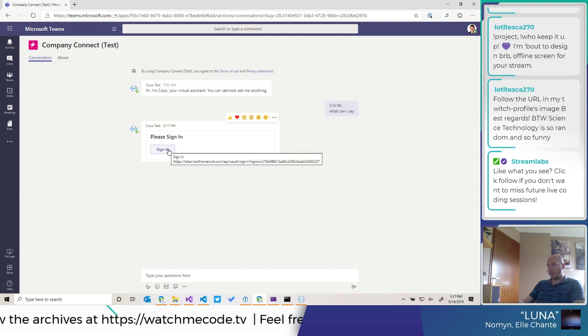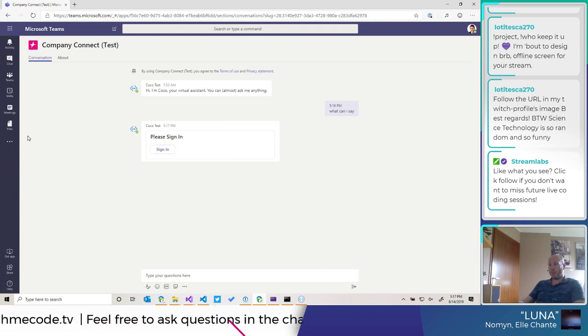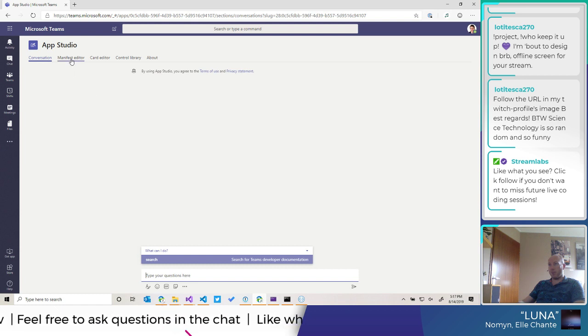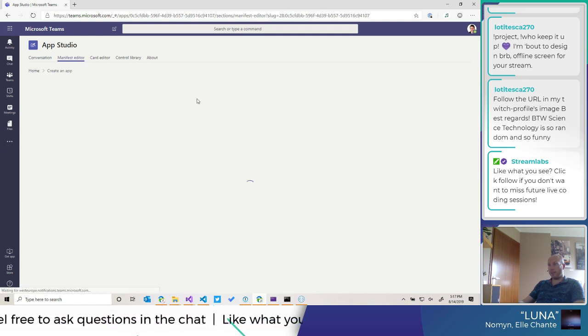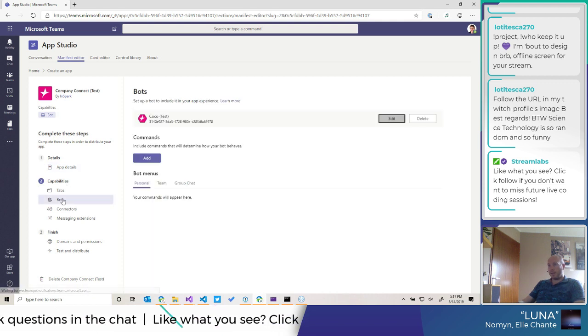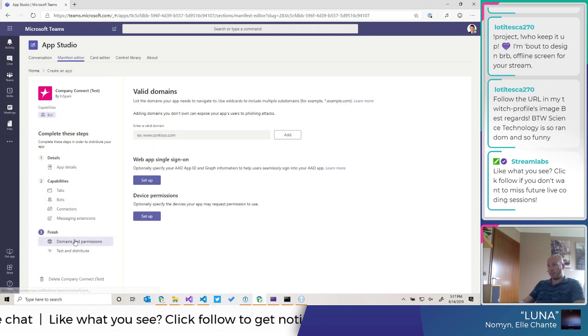And as you can see, the button isn't working. That's probably because I forgot to ensure that token.botframework.com is a valid domain. And you set that up in your manifest. So I go back to the App Studio manifest editor, select my app, and down below here, domains and permissions, you need to ensure that